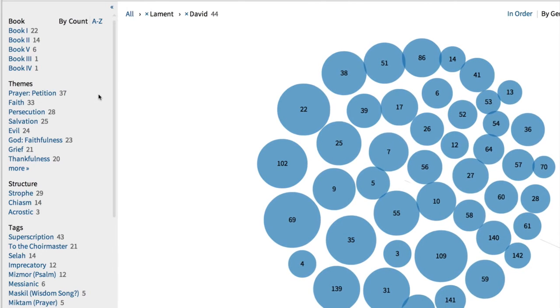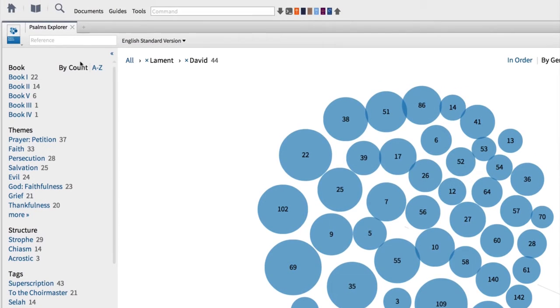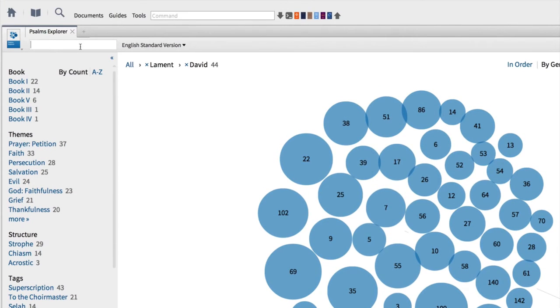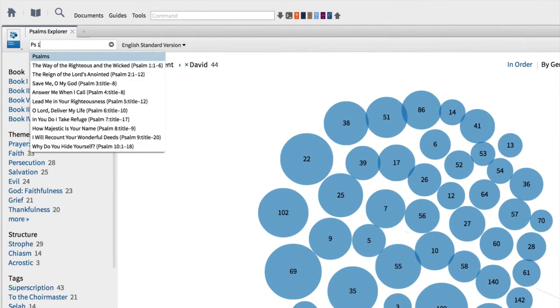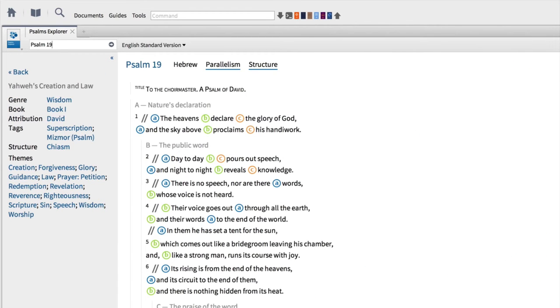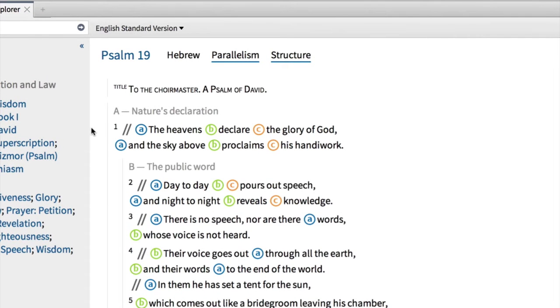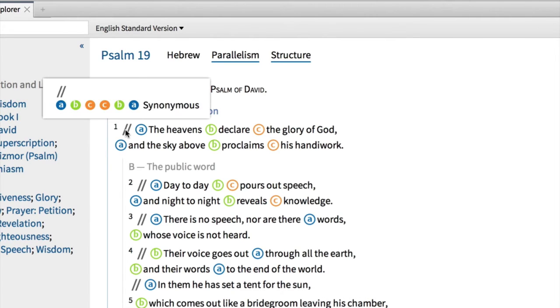And with the Psalms Explorer, we can discover parallel lines in the text, identify them correctly, and see the parallel parts. You can find this information by jumping up to the reference box and entering the psalm you want to explore, like Psalm 19. Then press Enter. This action calls up a detailed view of this psalm, displaying the English text, parallel lines, and the structure of the Hebrew poetry. Each set of parallel lines is marked with an indicator, and each parallel part is marked with